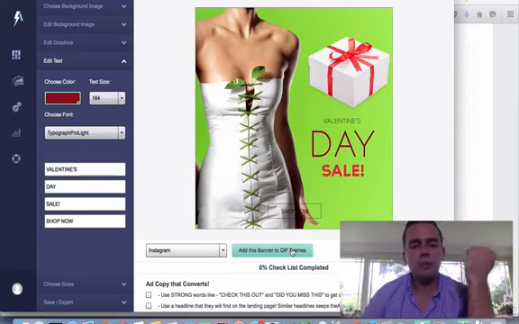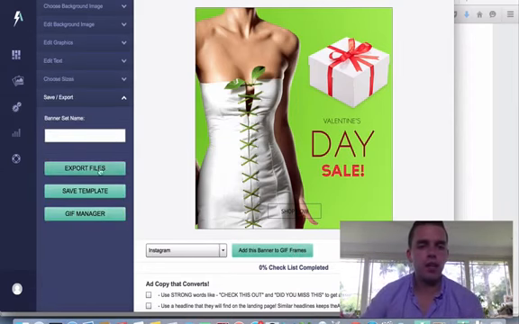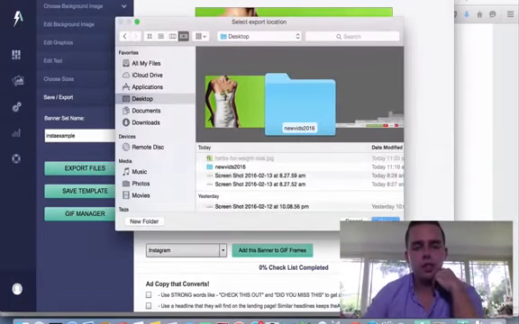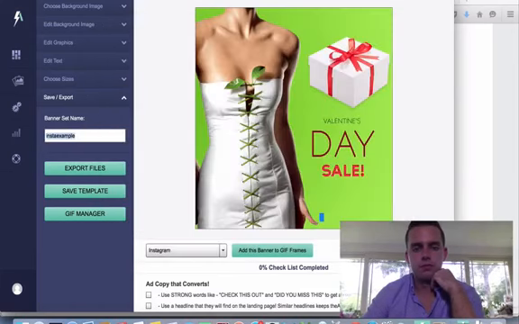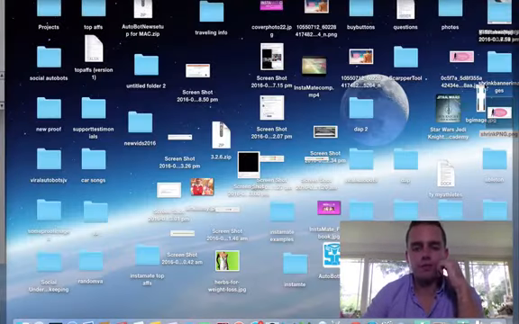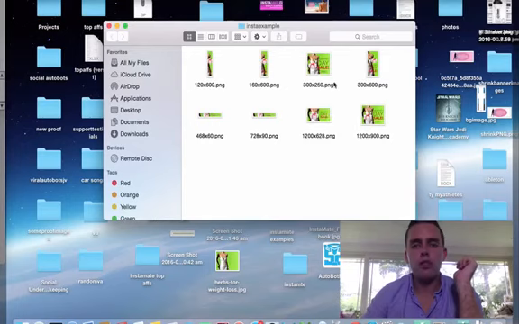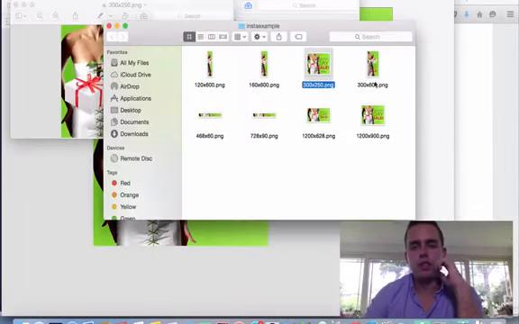So what I'm going to do, I'm just going to export this as is, just for argument's sake. I'm going to go save and export files. I'll move this over here actually. I might even just completely get rid of that. I could delete it from the menu, but just for argument's sake here to make things fast, I'm going to do that now. Start example, export files to the desktop, and then it would have exported it for me here in a folder, and you can see it would have exported it in all the different sizes,